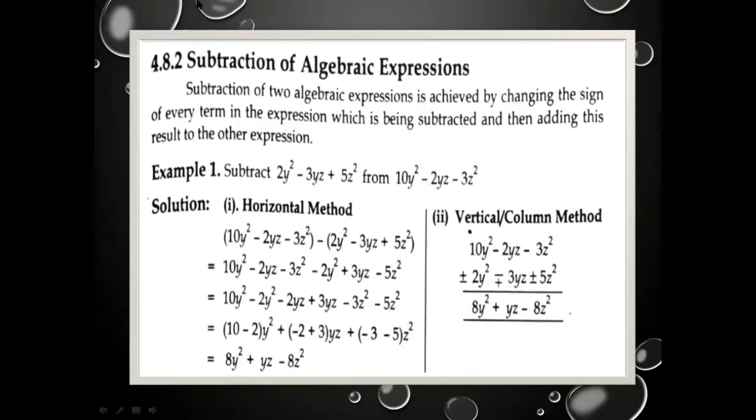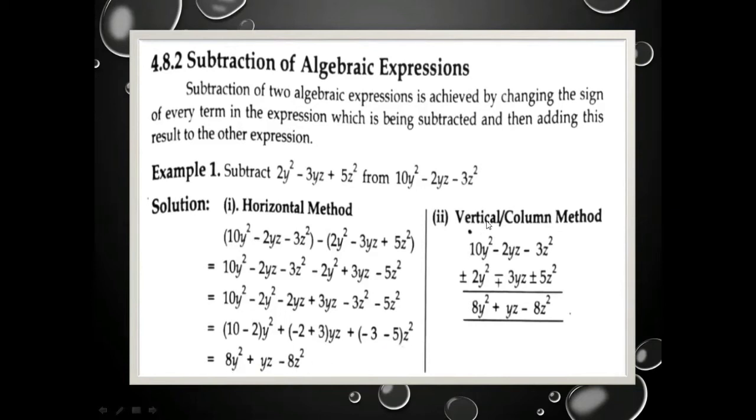Now from the first bracket, we see plus 10 minus 2, the answer is plus 8. So we open the bracket and write its answer, that is 8y square. From the second, minus plus is minus, 3 minus 2, the answer is 1. We don't write 1 and consider that its sign is plus. So plus will be plus, and when 1 is multiplied by yz, the answer is yz. From the third, minus minus will be plus, so their answer is minus 8, and minus plus is minus. So from the third pair, the answer is minus 8z square. So the overall answer is 8y square plus yz minus 8z square.